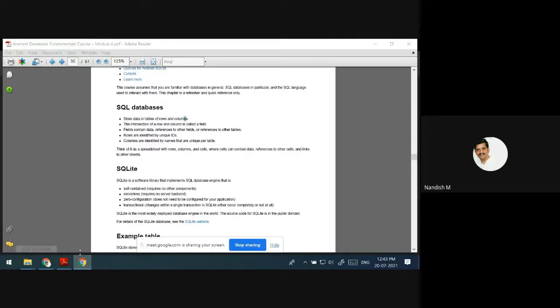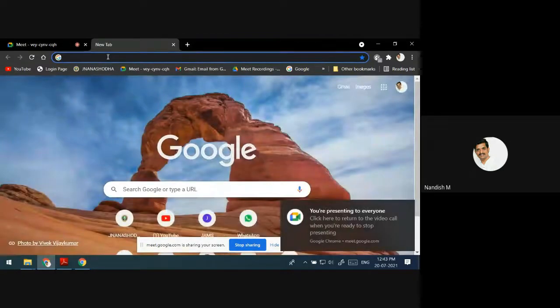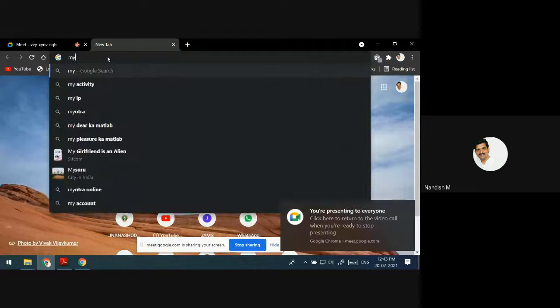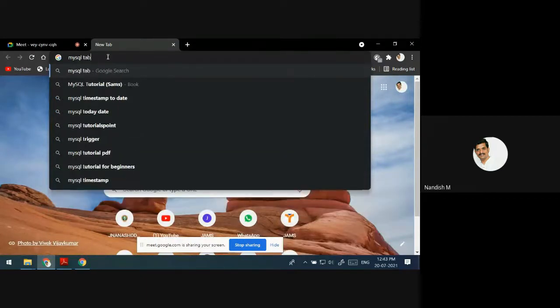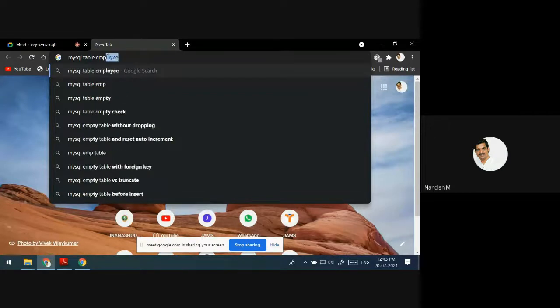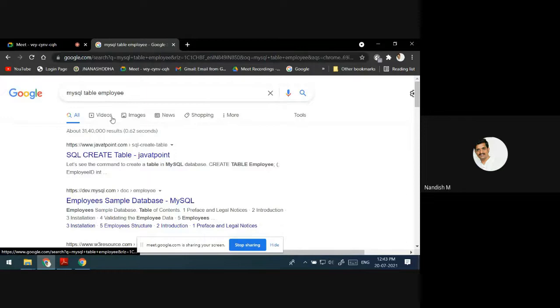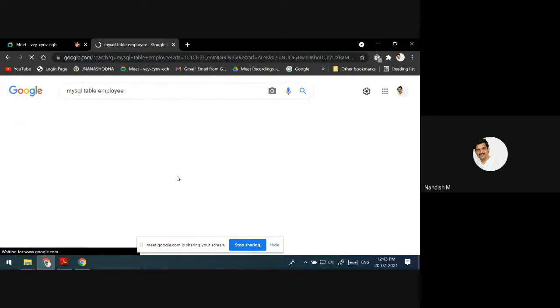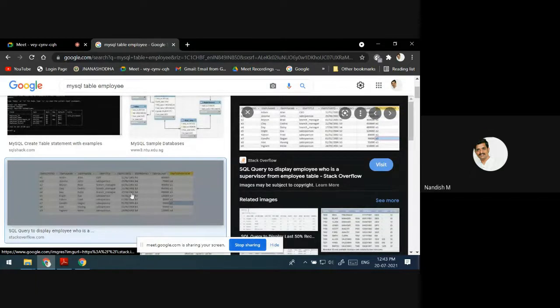How exactly it is stored is, for example, a SQL table employee. If you see any images, this is how the data gets stored.